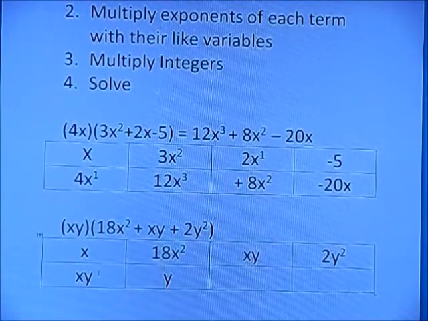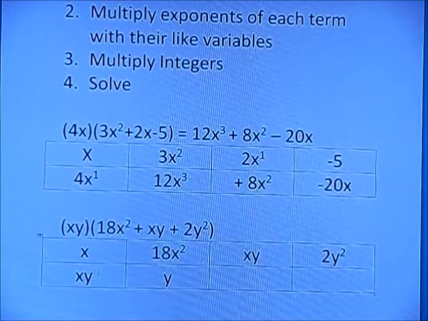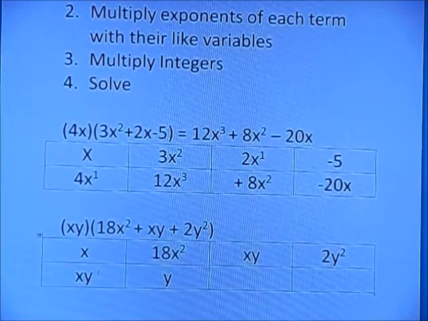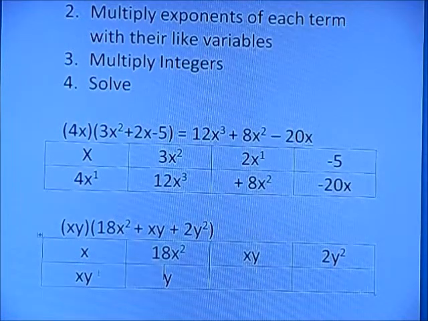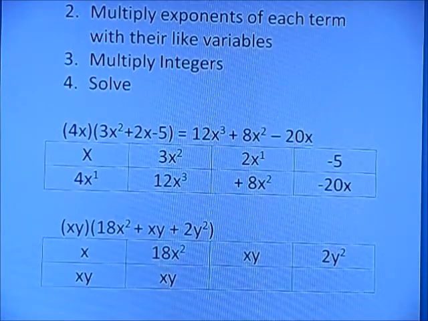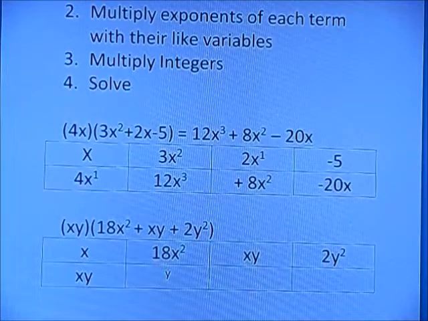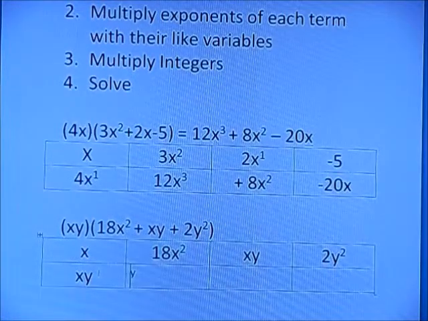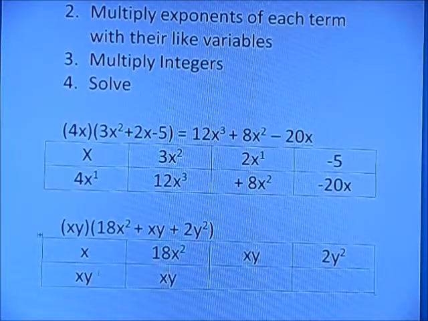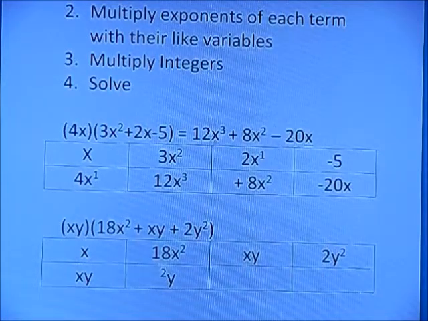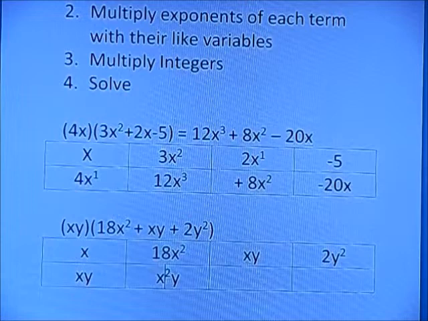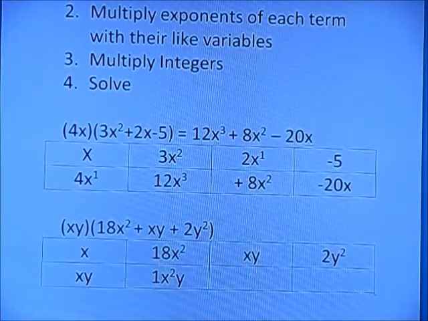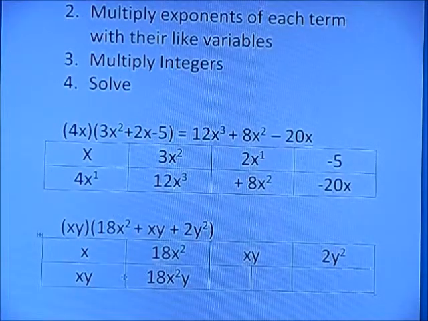x, wait, what am I thinking? X times x squared. Hold up, what just happened there? Well, I guess I have to do that first. Then there's nothing to multiply by. So 18x squared y. Now,